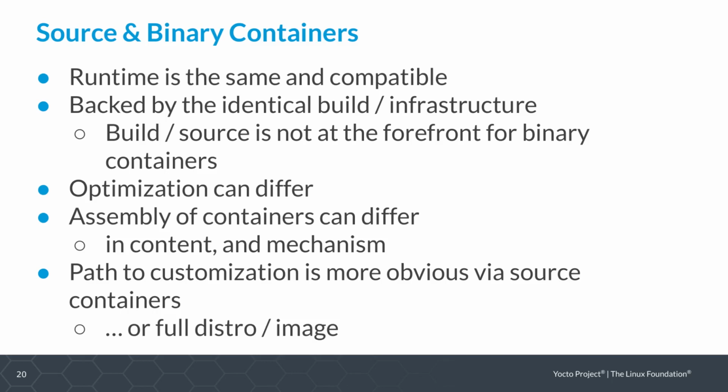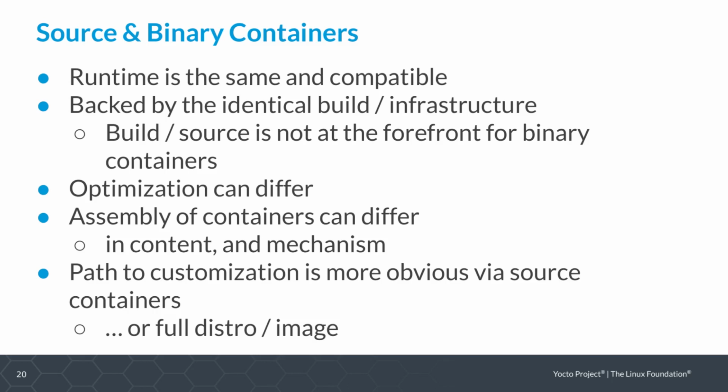The optimizations can possibly differ between the two because that's part of the social engineering. If we're building a reference binary container, a reference binary feed, it's like what level of optimization of the binary artifacts do we do to make them, the goal is to make them more widely usable versus very finely tuned to your target. So the optimization level of the two might be a little bit different. The assembly of the containers might be different. You might be using a third-party tool, your own tool, versus using what I do in meta-virtualization to create OCI compatible